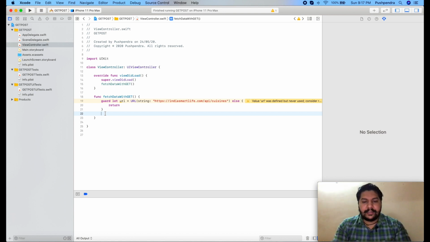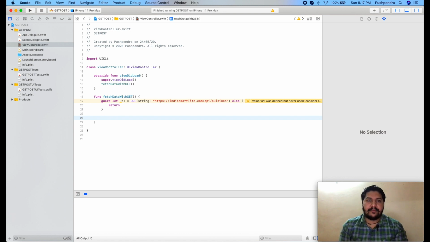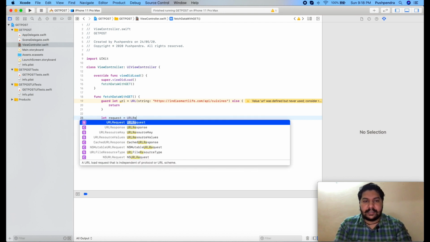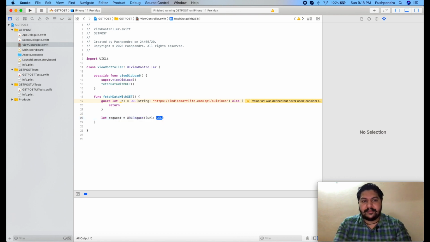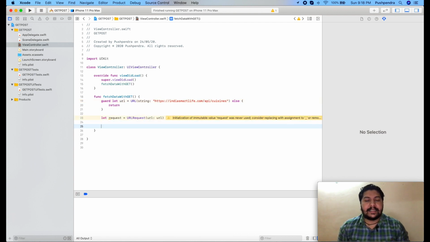So now first of all we have to create the request. What is the request? Request means you are requesting the server for getting some data, okay. So you must understand the basic things first. So I will call that request equals, and request will be type of URL request. It's not that much difficult, it's very simple, but you have to understand all the things, okay. After request we have to pass the name of the method, like if it is post method it means this service will follow the post, or get, okay. In our case this is the get.